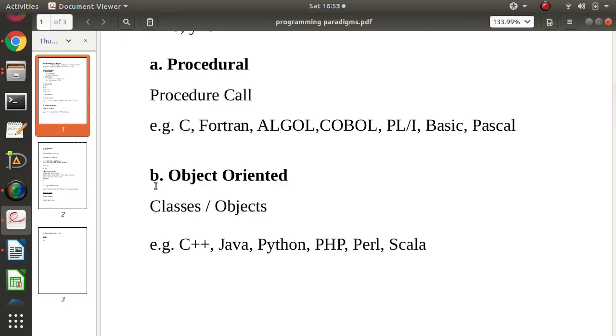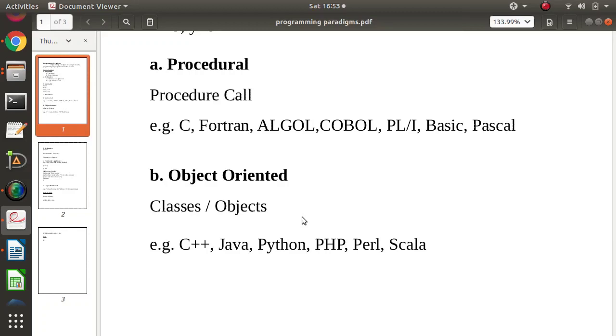Then it was thought why programming cannot be done interesting, why it cannot be made more realistic. So what is around us? Around us, everything is an object. For example, we are surrounded by objects only. If you take a fan, a fan is an object, right? So it has some parameters. For example, it has a number of blades, it has color, then it has some voltage, it requires some watts. So these are the parameters for that particular object.